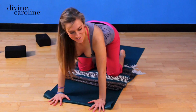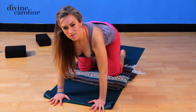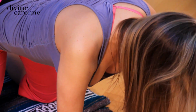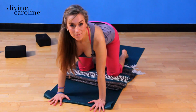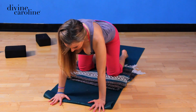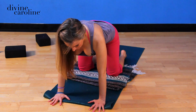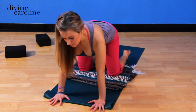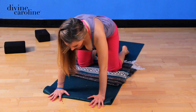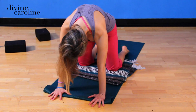That being said, we need to take the shoulders over the hands, kind of a hybrid. And then take the knees right underneath the hips like you're wrapped around three sides of a box. Inhale to make the spine nice and long. And remember now, the elbows aren't gonna bend at all. They stay fixed. The thighs stay in the same position as well, so that we can start bending the spine forward